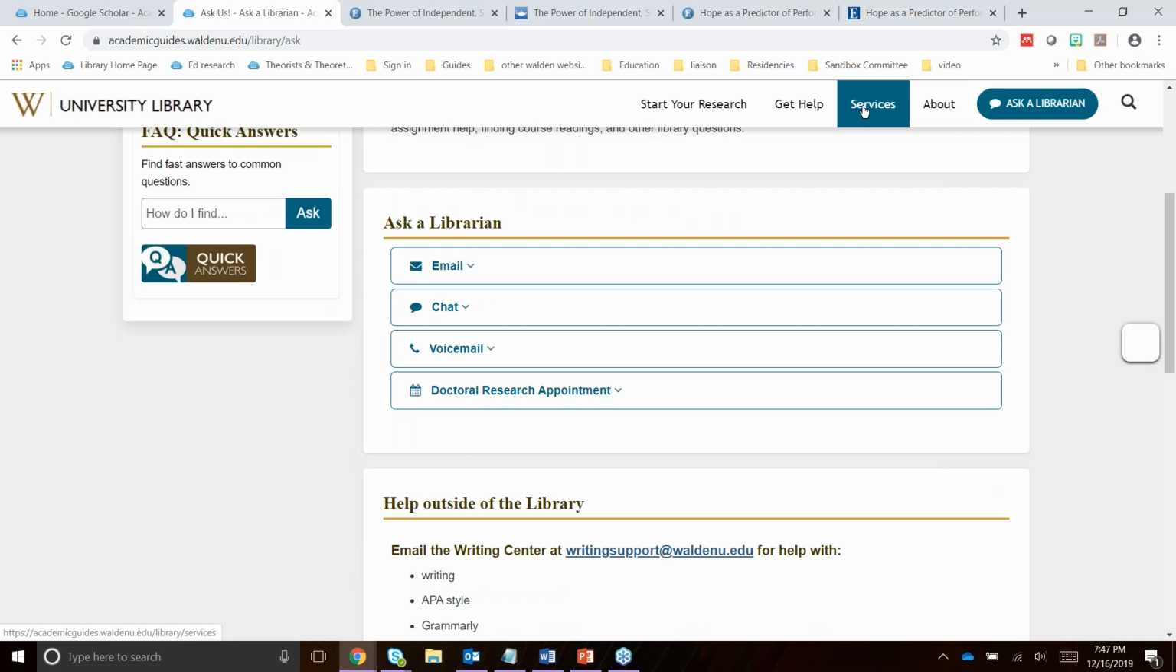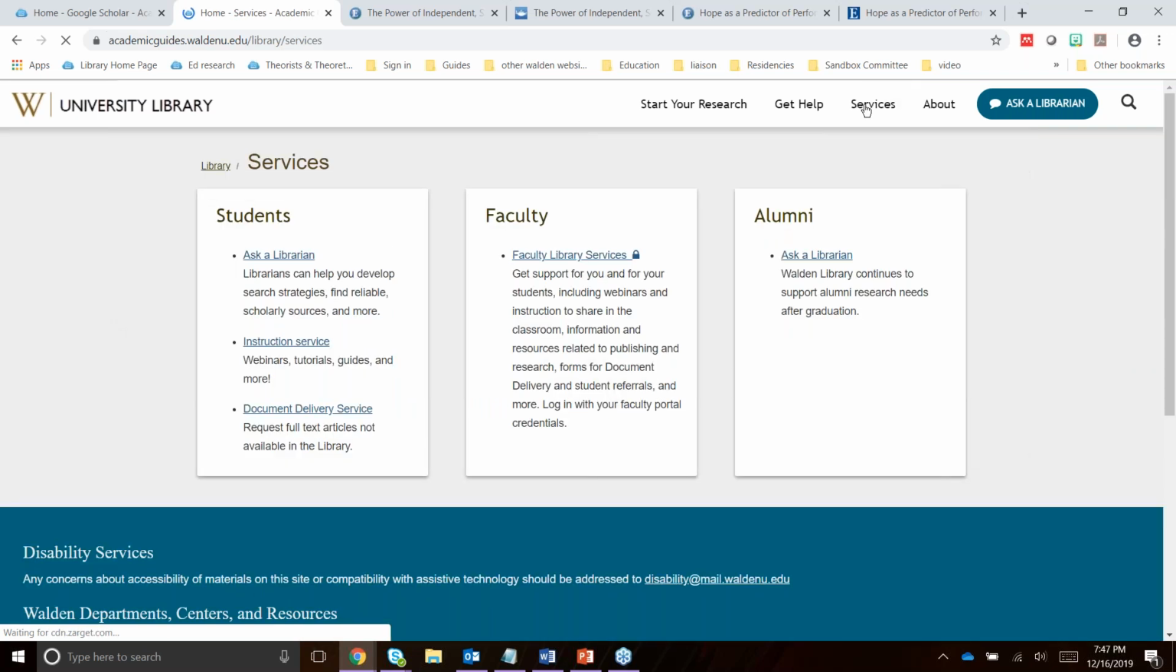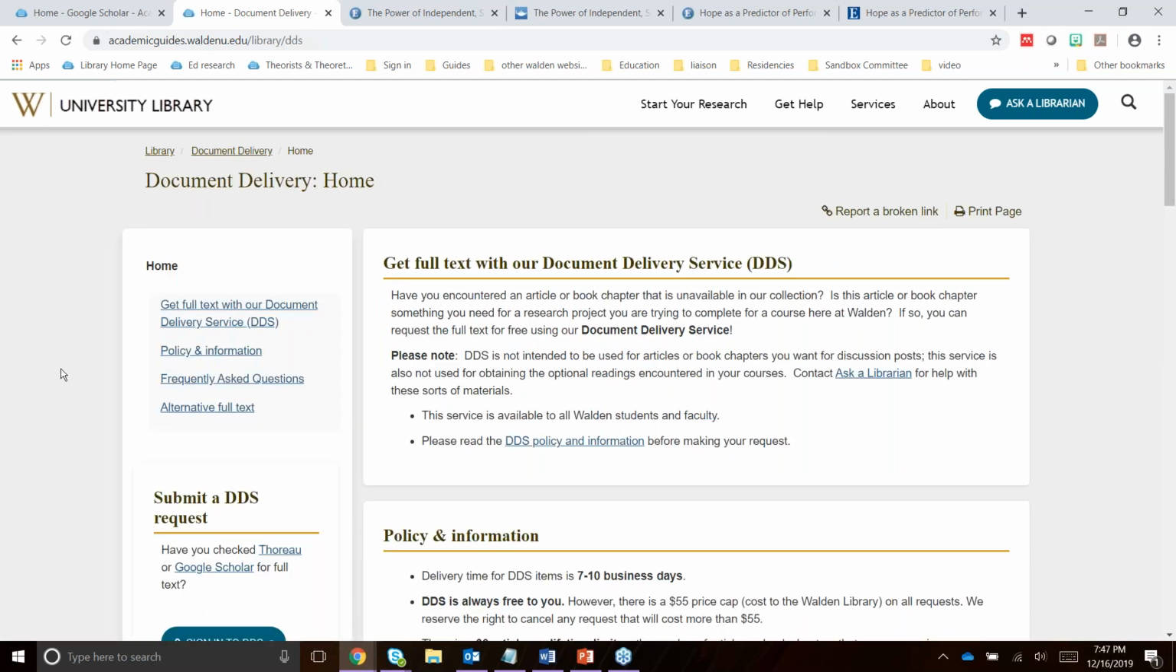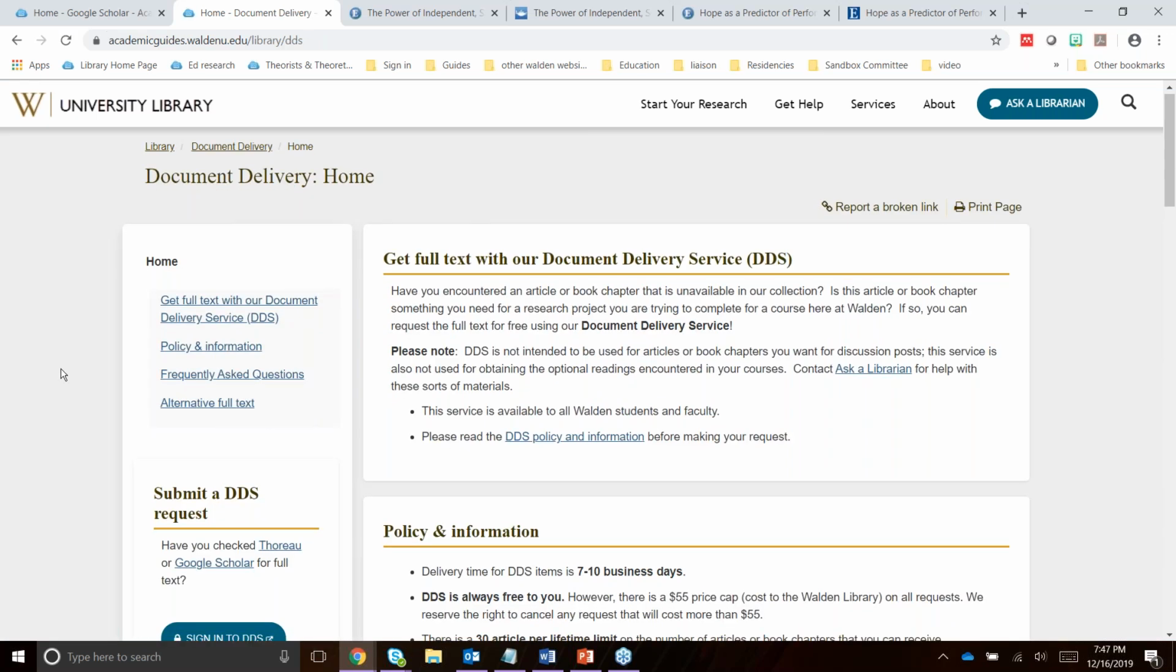Otherwise, if you're really sure we don't have it or you just can't find it anywhere, you can go to Services. Again, from the top of the page here, the Services option. And under Student Services, you'll find our Document Delivery Service. This is really Interlibrary Loan by any other name. And so what you can do is sign in to our document delivery service by using this button on the